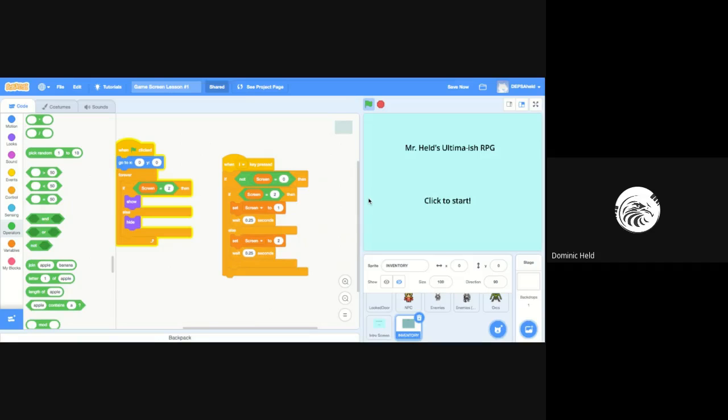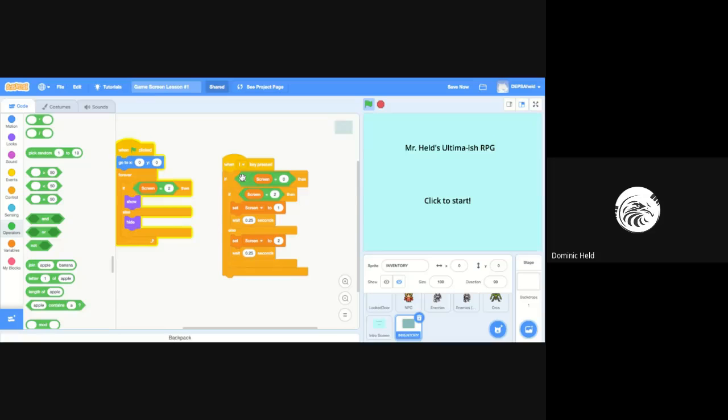So now when I press I, nothing happens at the start of the game. And because I've said if, this switching on will only happen as long as screen is not equal to 0. And the only time that the screen variable will be 0, the way I've coded it and shown you just in this last 20 minutes,